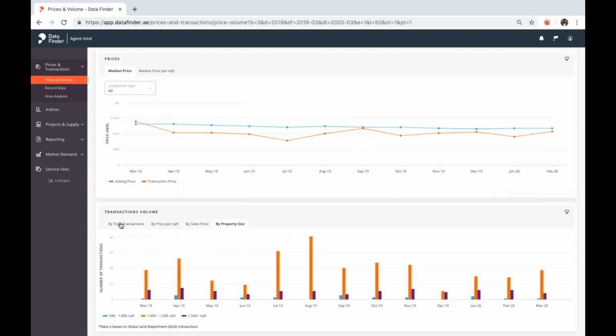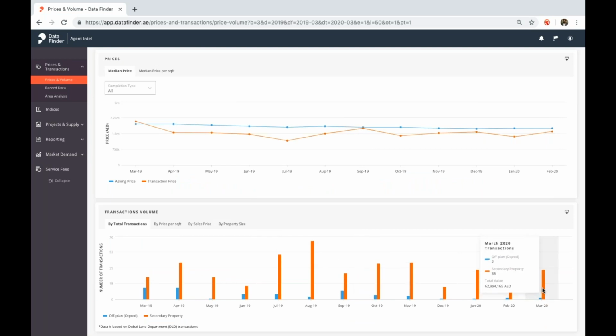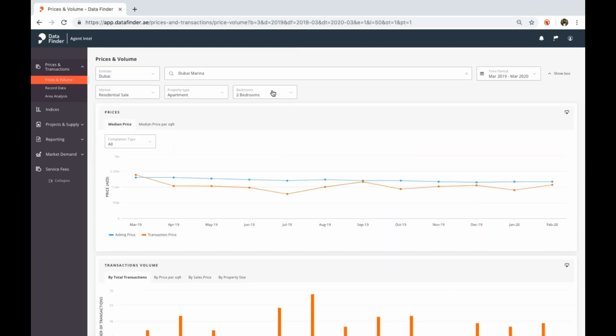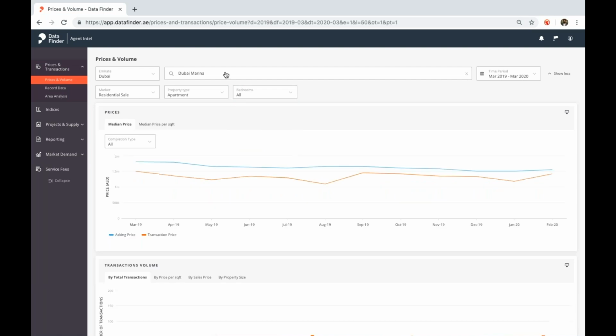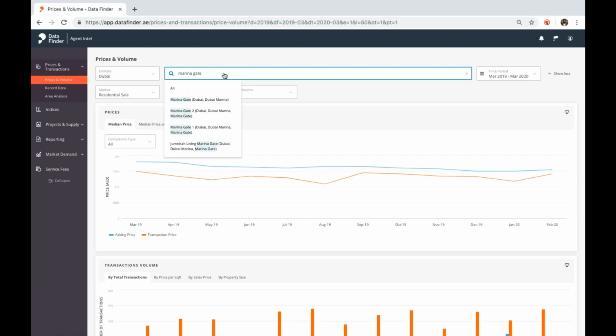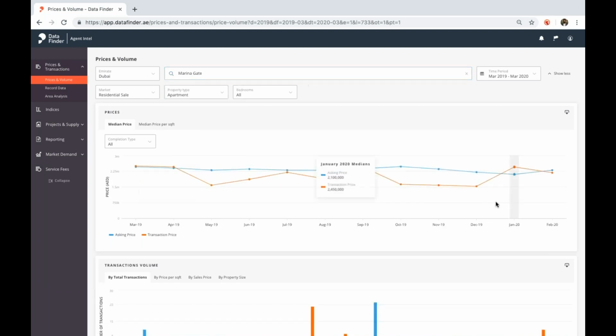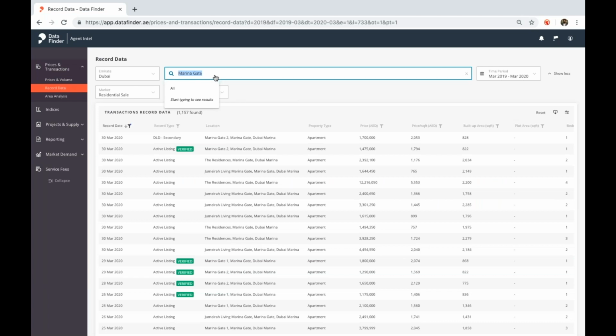And now the volumes that you see here would be for 2 bedrooms in Dubai Marina. Now, if you want to look directly into a building, you will be able to do that as well. Let's say you want to look into Marina Gate, and you find the data specific to Marina Gate here. Now, if you want to look into the raw data from which we make these analyses, you can go